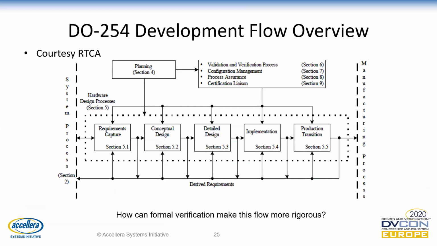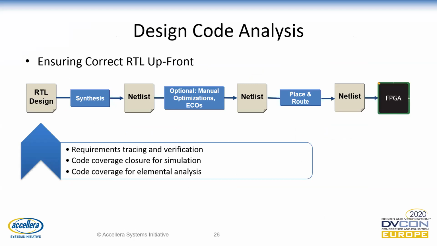If we look closer at the process, I believe we have the planning side, the requirements here, the verification process here as well, and the question is how can formal verification make this flow more rigorous. When we say make this flow more rigorous, we talk about how the functional metrics and coverage metrics can help get this flow rigorous. And the first step would be to do design code analysis and to make sure that the correct RTL is